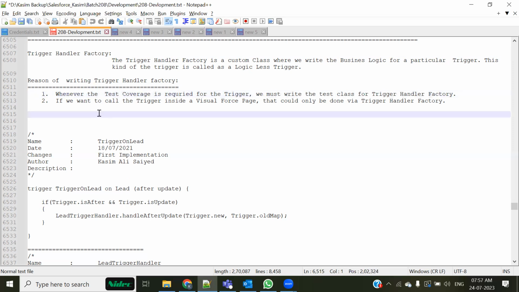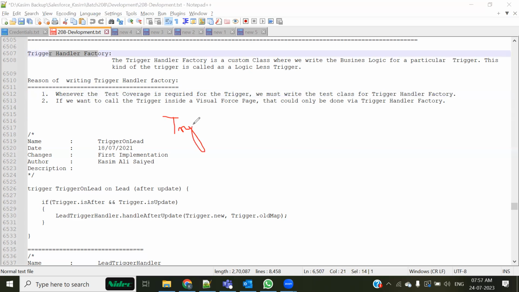The second question: can we have test coverage for a trigger without writing a trigger handler? The answer is no, no, no. If someone is asking you this question, that can we have a test class written for a trigger which does not have a trigger handler,